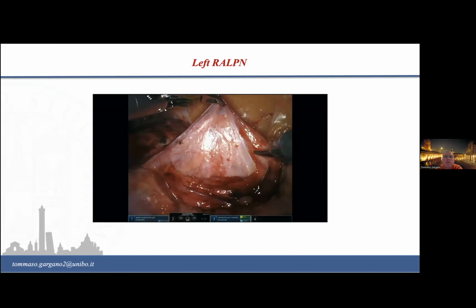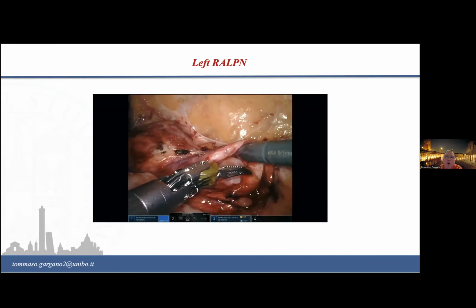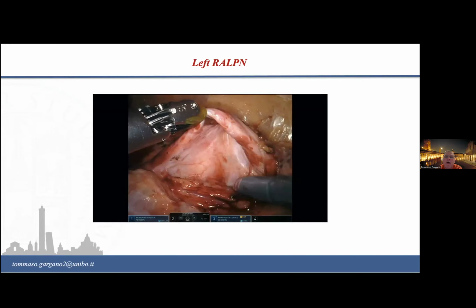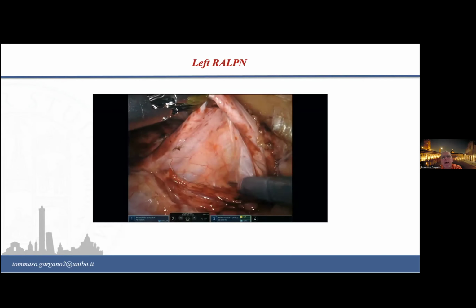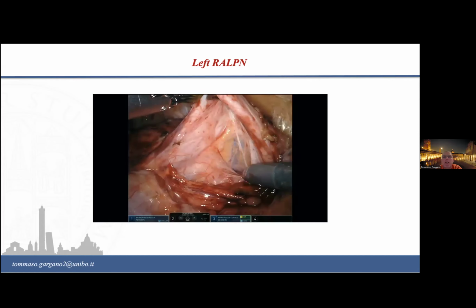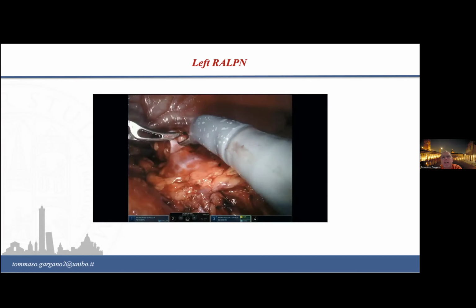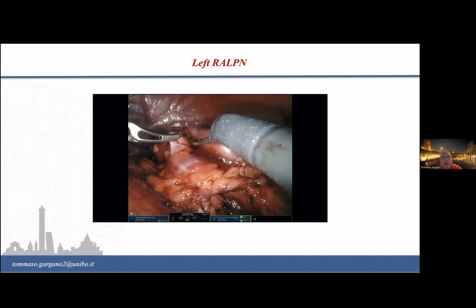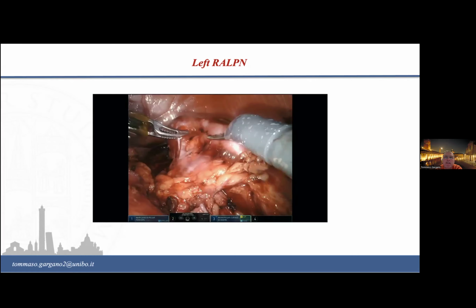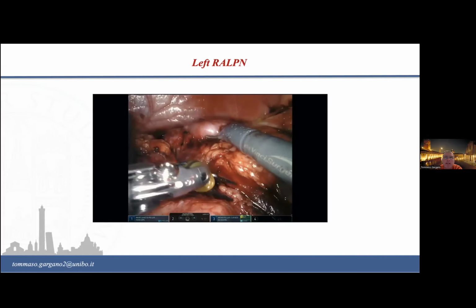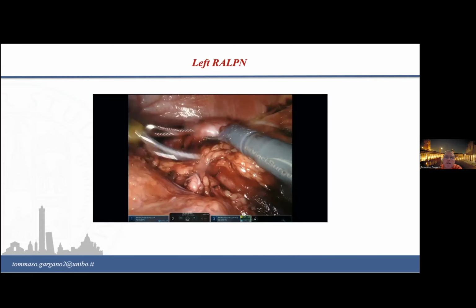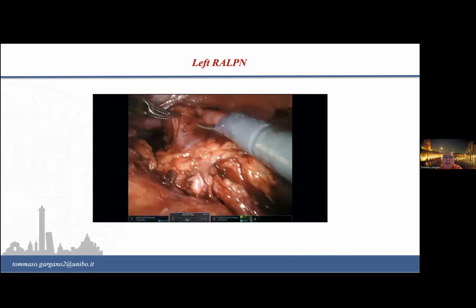Generally, it's difficult to identify the moieties, so it's easier to identify and follow both ureters. You can see the dilated ureter and the normal one. Now the management of the upper moiety. This is the check of the upper moiety, the isolation